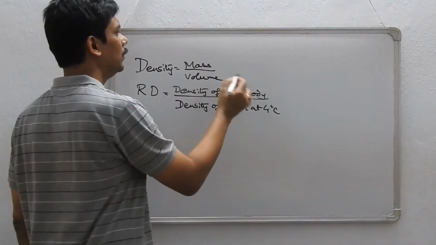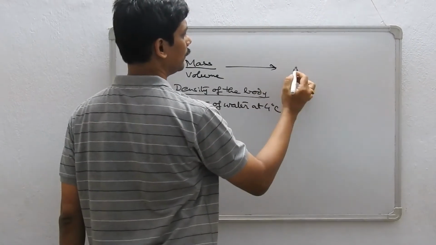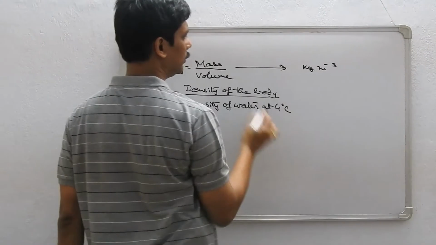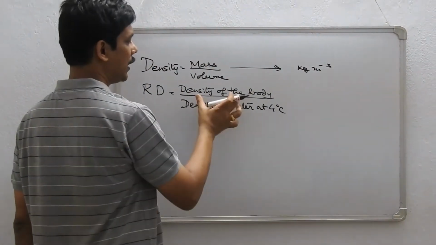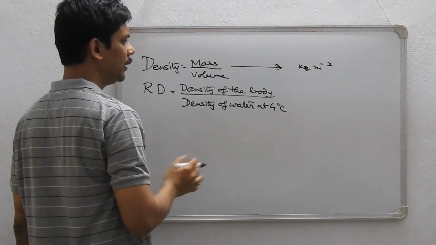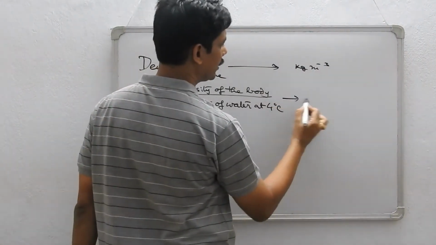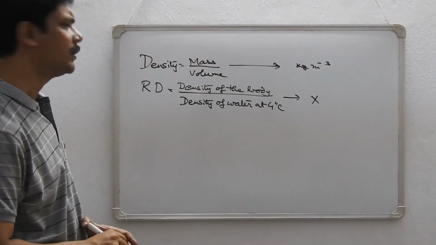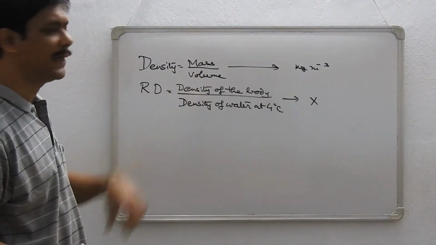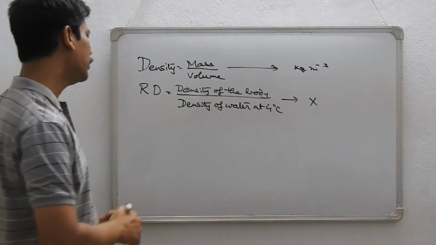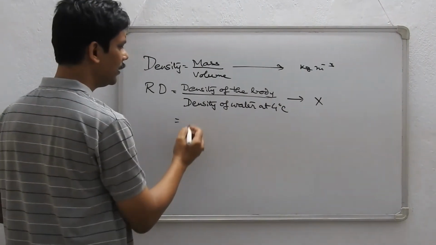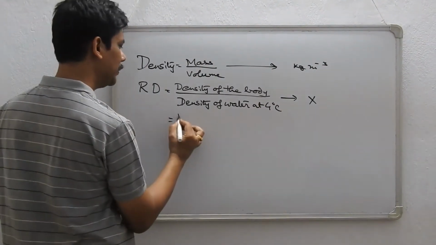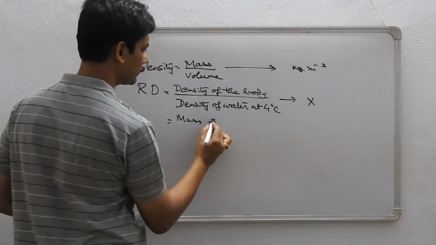For density, we have a unit. SI unit is kg per meter cube, because it is kg by meter cube. And in case of relative density of the body, we can write it has got no units, because it is a dimensionless quantity. Why? Because both of them are densities. Okay, and we also found out that it can be related as mass per unit volume, and if I take the same volume, the volume gets cancelled, so it is mass of the body